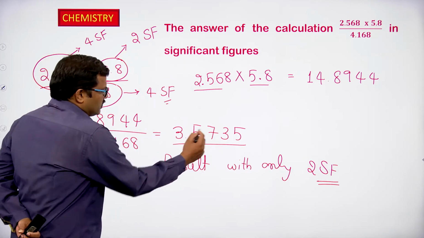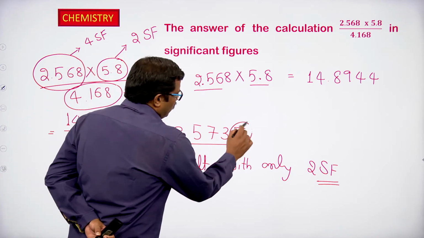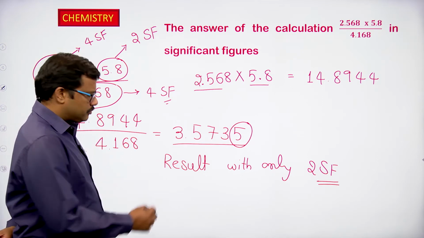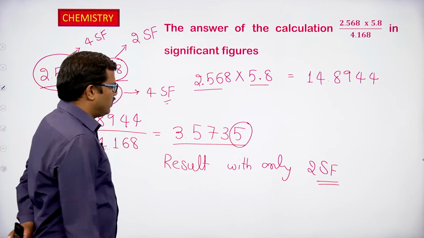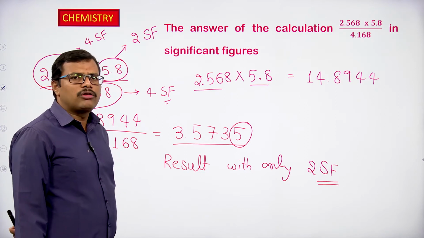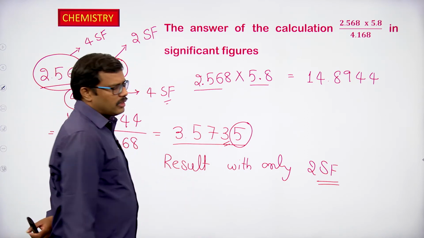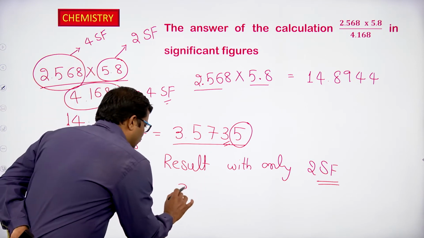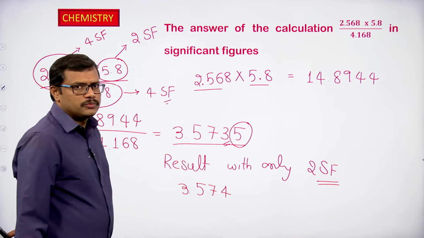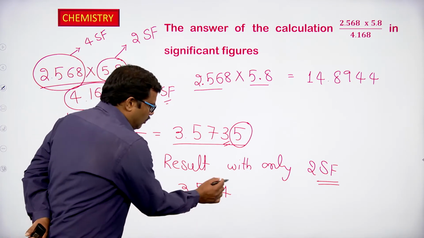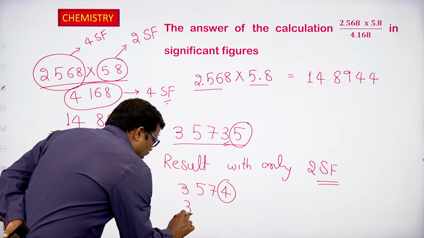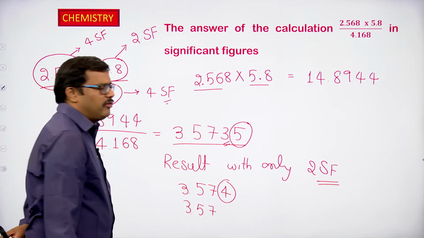Okay. So, in order to express this value in 2 significant figures, what we have to do? We have to remove the last digit, that is the digit present at the extreme right. When the rightmost digit to be removed is equal to 5, look at the preceding number. If it is odd, increase by 1. So, automatically the result can be written as 3.574. But this contains 4 significant figures, I have to reduce the significant figures. So, I have to remove 4, 4 is less than 5. In that case, no need to change the preceding number, that is 7. So, I am writing it as 3.57.